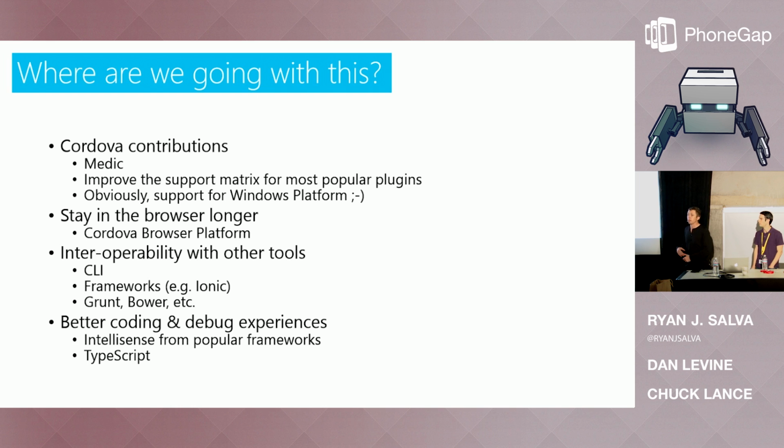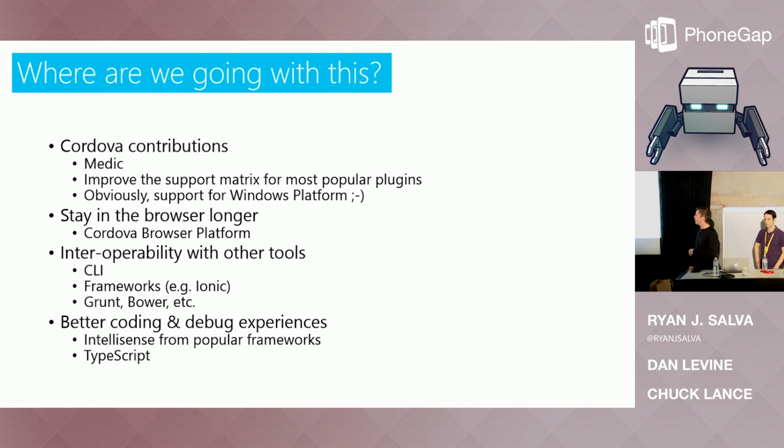We also care about interoperability with other frameworks. Ionic is a great example of that, not to mention WinJS and Angular and Backbone and React and all those guys. We want to make sure that as an IDE, we're capitalizing on the strengths of an IDE, and that means awesome IntelliSense for these frameworks and easy acquisition of the frameworks through things like Grunt and Bower and Yeoman.